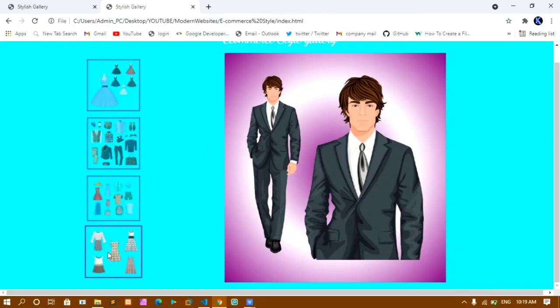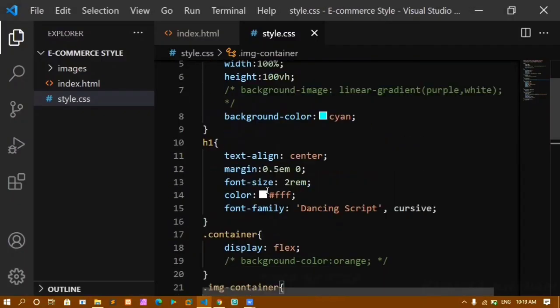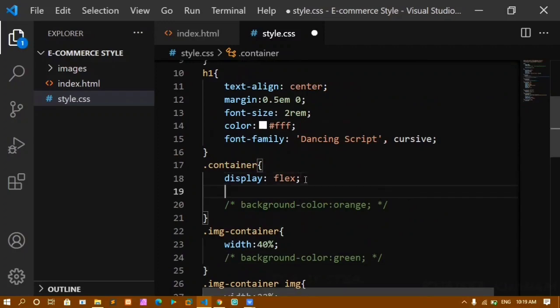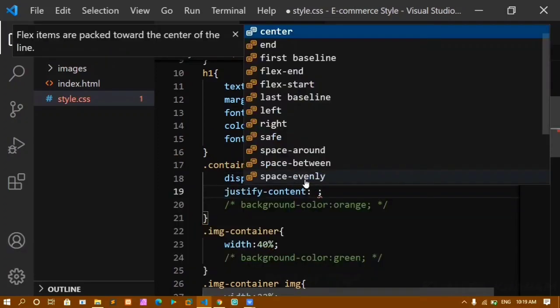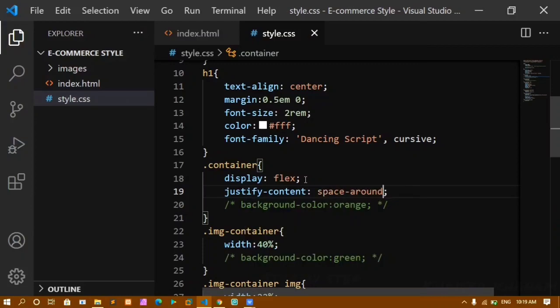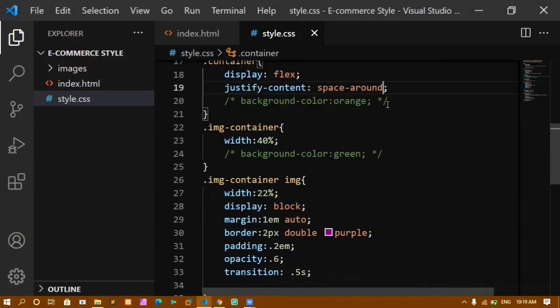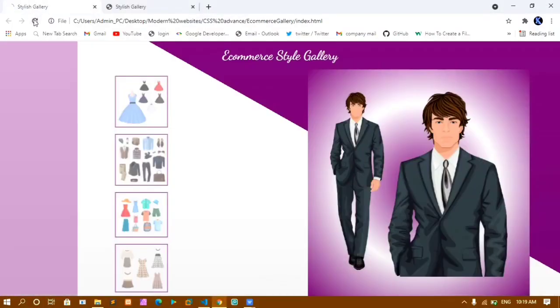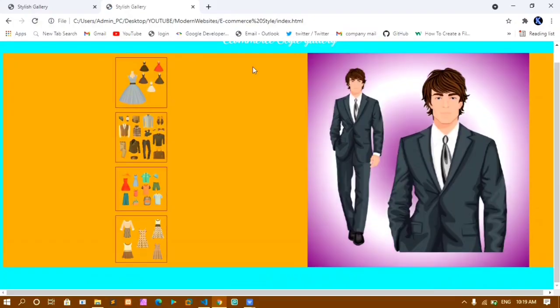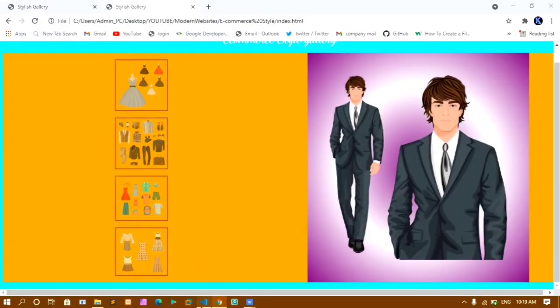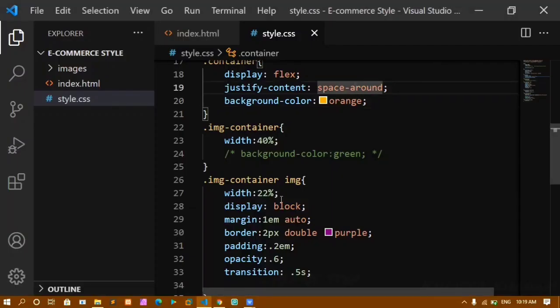Now this container is taking 40%, this container is taking 40%. Now the rest I have 20%. I want to divide it between these elements. So for my parent, that is my container, I'll be giving justify content. Justify content, I'll give space around. I'll save this. Now whatever space I was having, that is 20%, I'll just uncomment this one as of now. Now you can see this is my container, this is my container, and whatever 20% it was having, I'll just comment this.